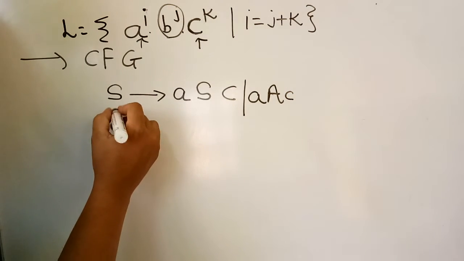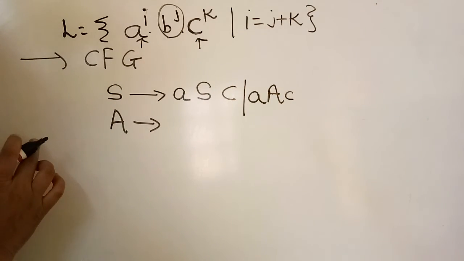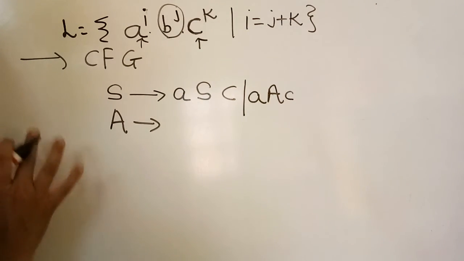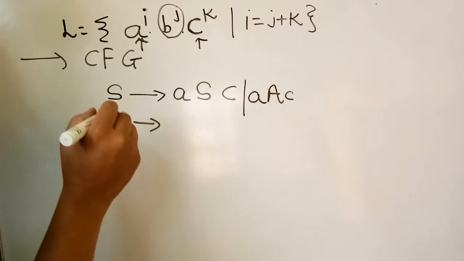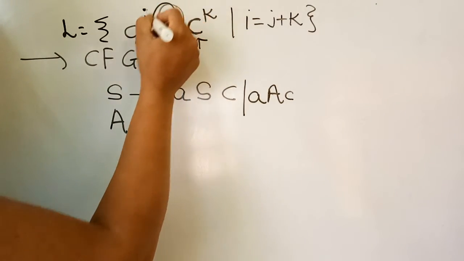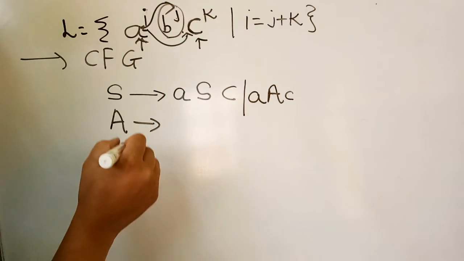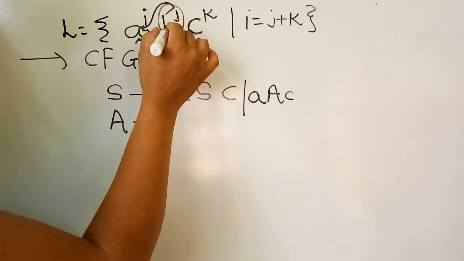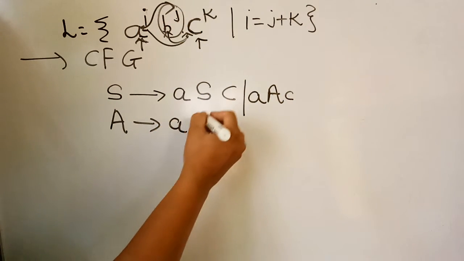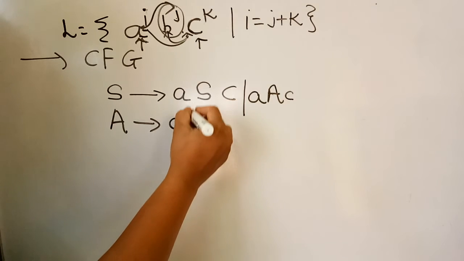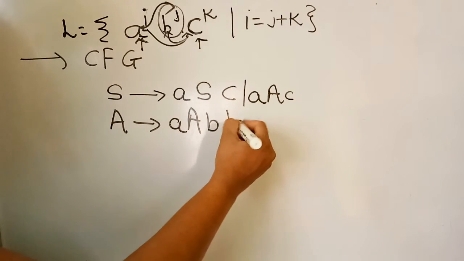Now, what is the A? For A, we have to replace B, C, B again. But here I is a combination of J plus K, which means one A will be mapped compulsorily with B and at least compulsorily with C. So for mapping this, we will take A's combination with B, that is A, B, and again it will be itself for recursion. Then this will be replaced with AB because